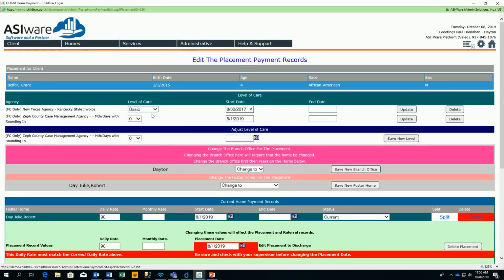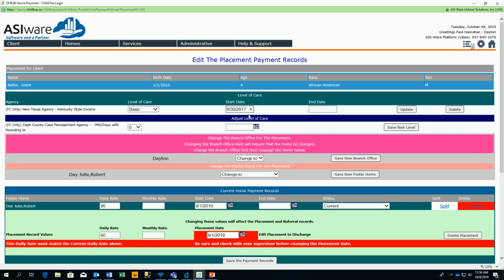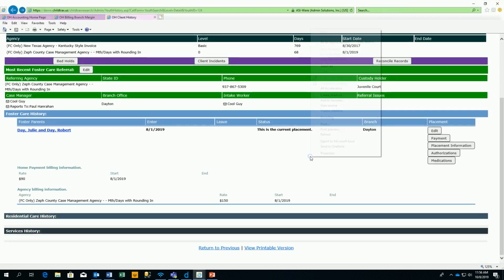What I'm going to pretend is that the zero should not be there, so I'm going to delete that one. And then this one should have started on 8/1 of 2019. That's when his placement started. So let's go ahead and update that. We can close that now. Again, if we refresh this,